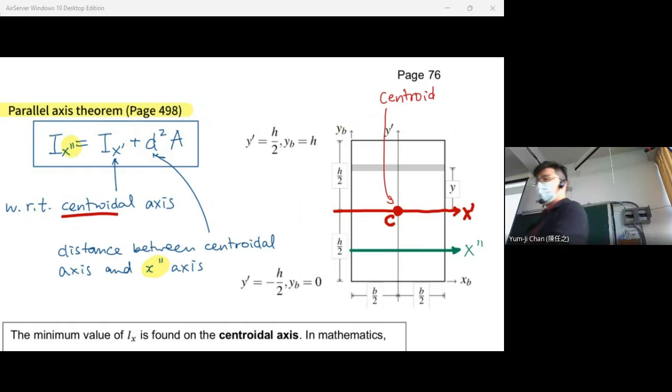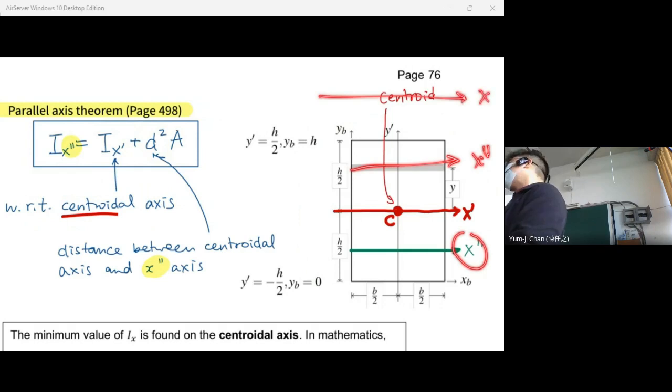It may be here or it may be here, for any axis. For this x double prime,